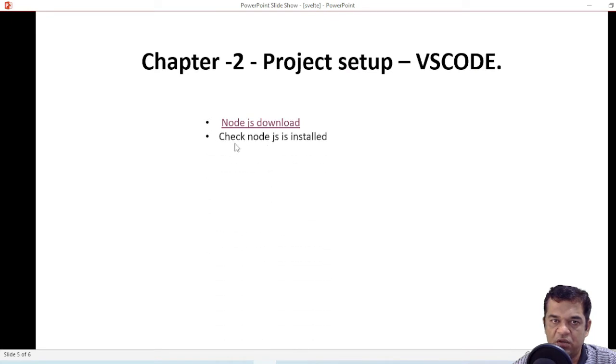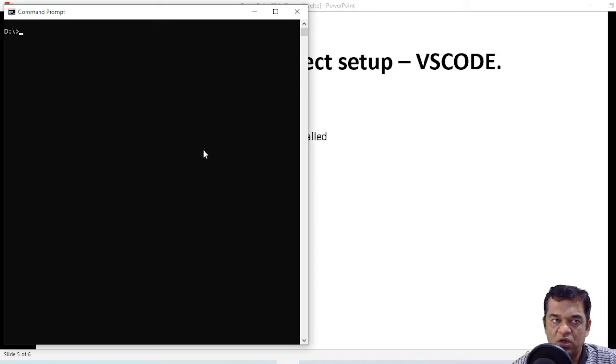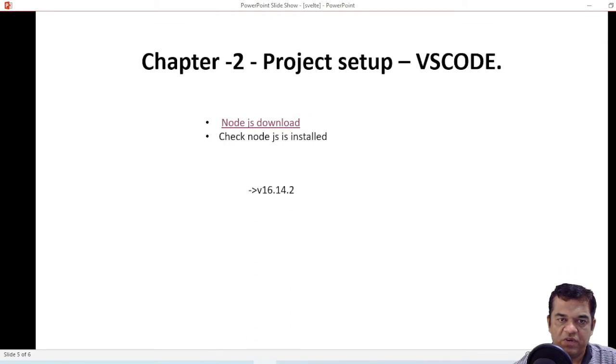After that, check that Node.js is installed in your system. So just type node -v. Once Node.js is installed, you will see this version coming on your screen. Okay. So after that,